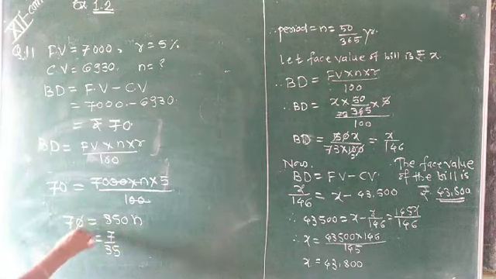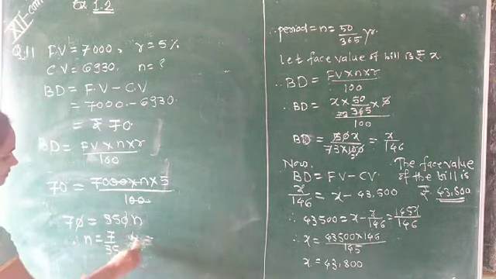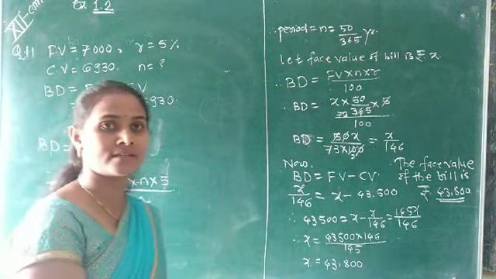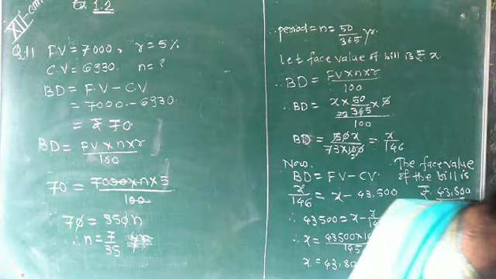N is equal to 1 upon 5, the zero will get cancelled, which is the years. This period of the bill is in years, but we have to take this in days. So multiply by 365 to convert it into days.